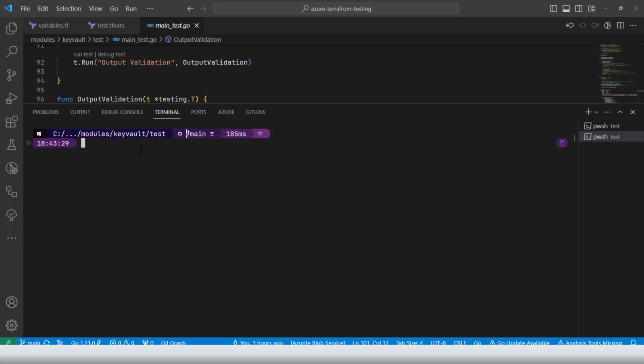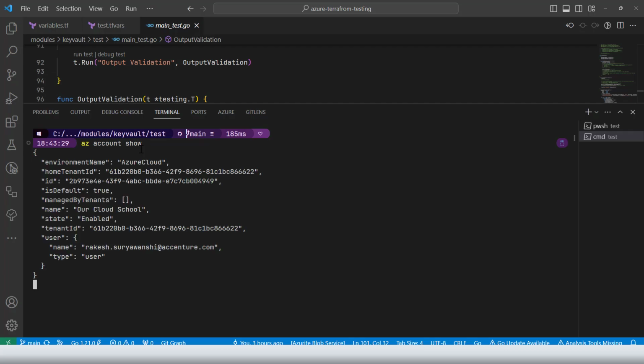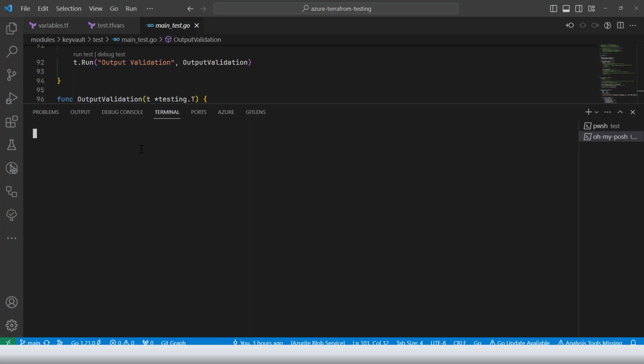Now, before I run that, let me just show you how I run that. So I'm going to use the terraform account show command just to make sure that I'm logged into a particular Azure account, and that is the result I'm expecting, right? I'm going to clear the terminal again, and then the very first command we have to run is the go command, which is going to be